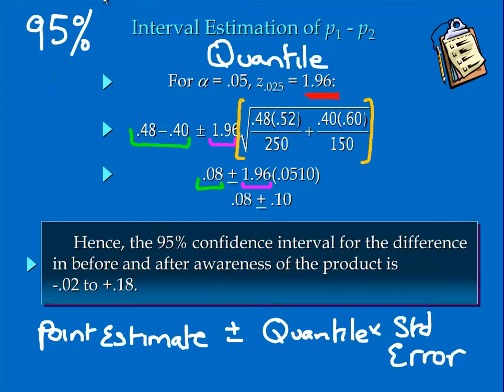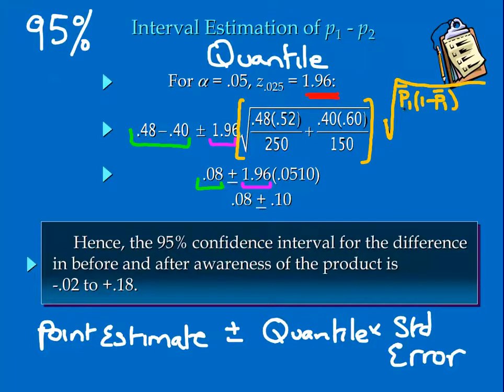The standard error is computed as follows: the square root of P bar 1 times 1 minus P bar 1,